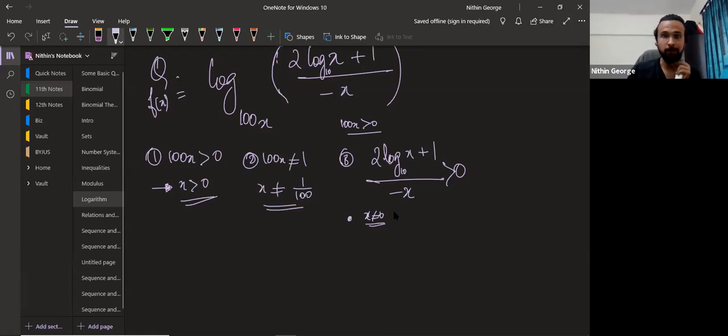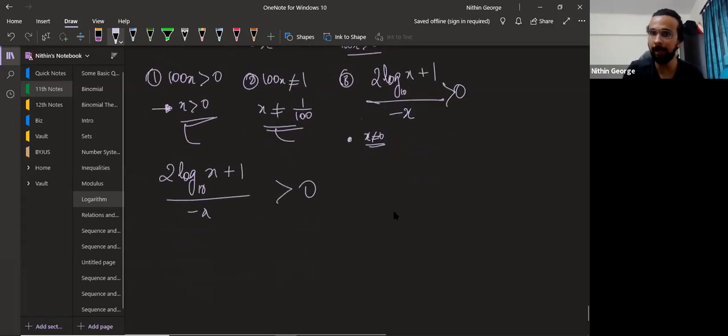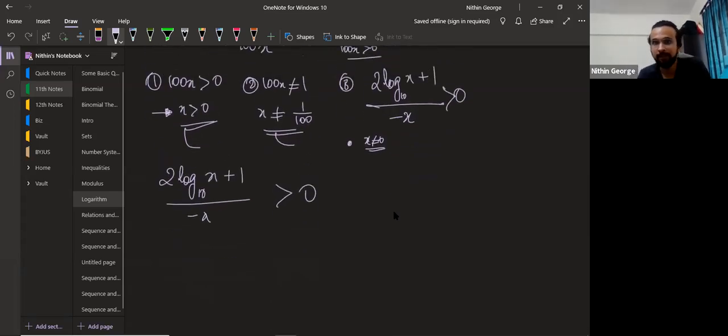So I will use whatever I learned here for the verification part. Why would I do that? Because I'm actually kind of stuck here. You see this minus x, right? It's given to me that x will be positive. Anyway, I'll have to take an intersection, whatever is common between this and this.